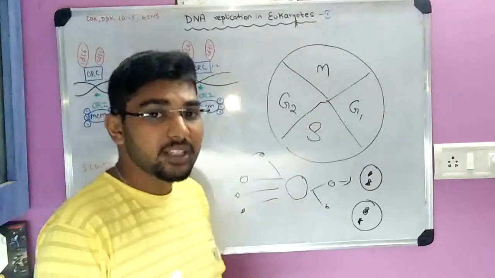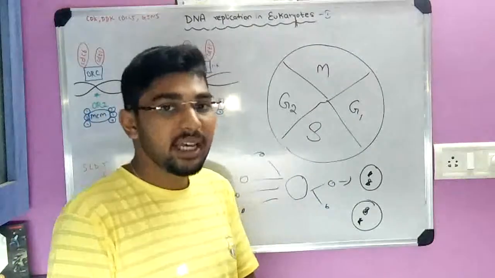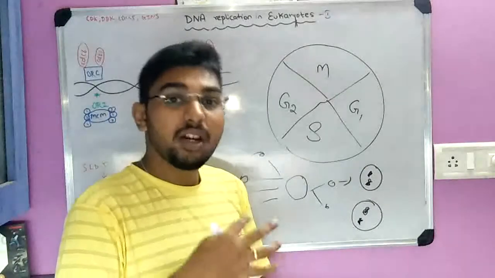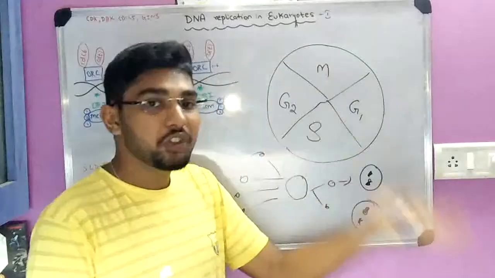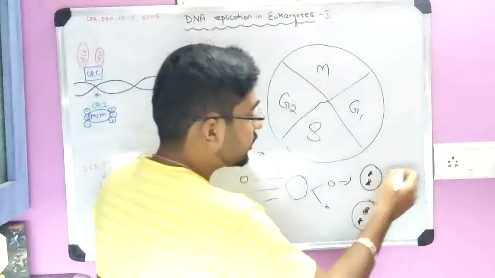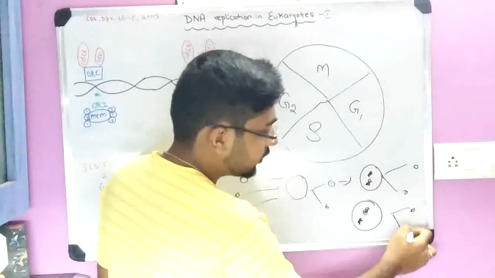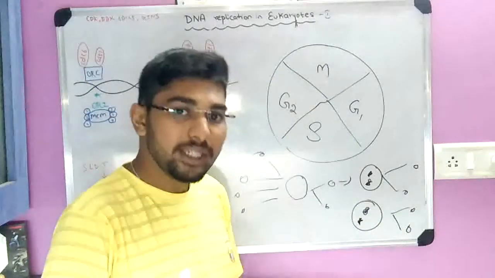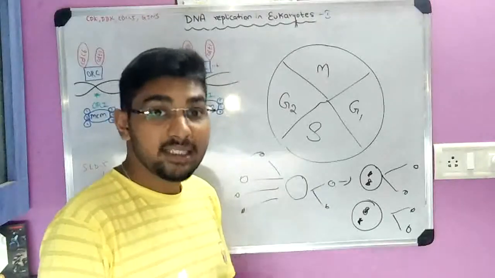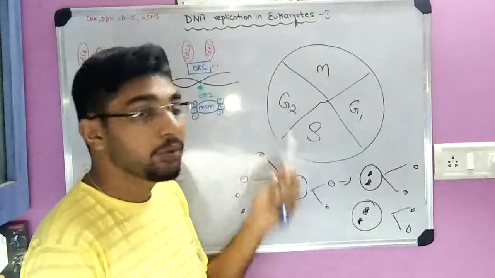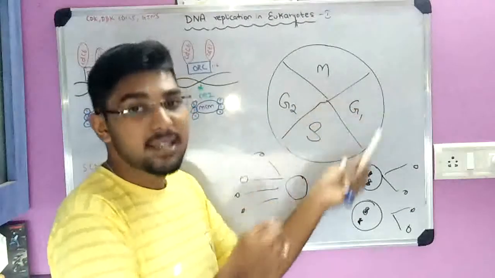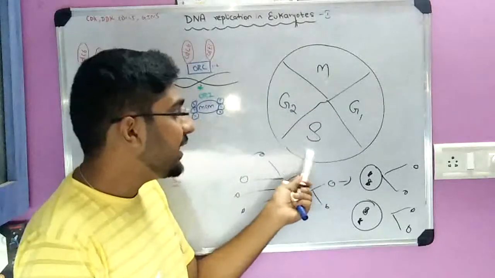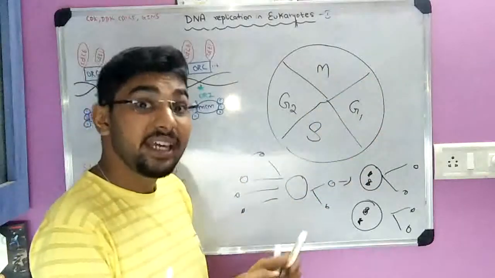Next we have the G2 phase, or gap phase, or growth 2 phase. Here, the cell accumulates all the proteins, enzymes, and nutrition required for mitosis to occur. Again, this will undergo mitosis, giving rise to 2 more cells. So for this mitosis process to occur, it accumulates all the proteins, nutrition, and enzymes required. So this is called the G2 phase. So this entire thing is called the cell cycle: M phase, G1 phase, S phase and G2 phase, where in the S phase of the cell cycle, your DNA